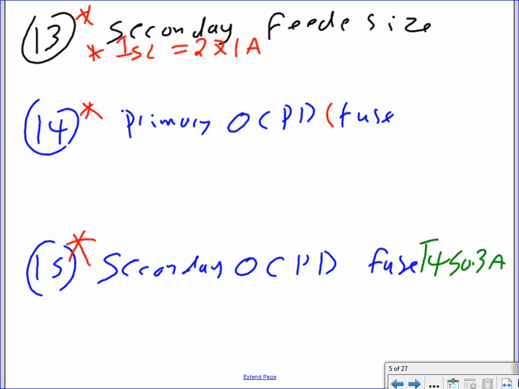Then what you do is now add on. We're going to assume the same thing, continuous load. So we're going to take 1.25 multiplied by 271. That will give me a healthy 339 amps. Okay, and I want to take this one directly into table